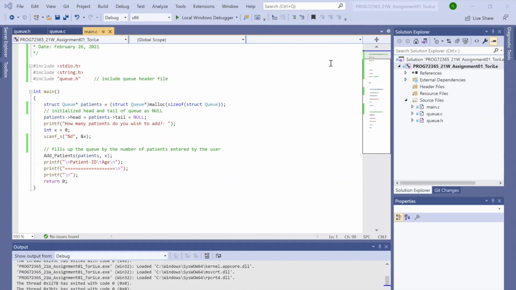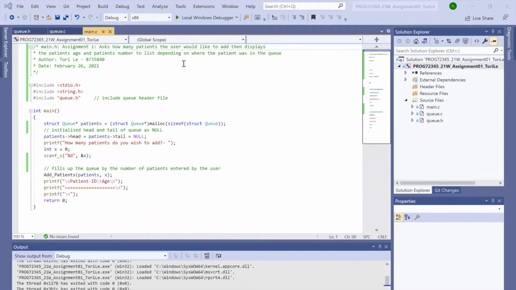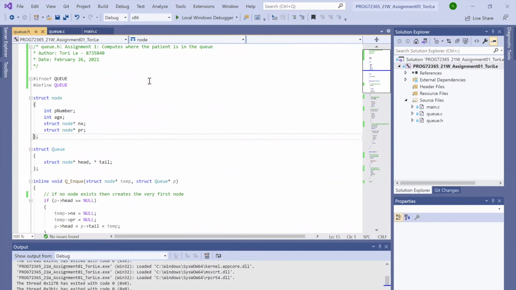This is Assignment 1, where we'll be learning about queues and implementing them in C. The objective of Assignment 1 is to generate random numbers for ages of patients and random numbers for their patient ID, and then retrieving the ID and displaying it on the screen, depending on where the patient is in the queue. So to start, we can create a header file called queue.h, where we compute where patients are in the